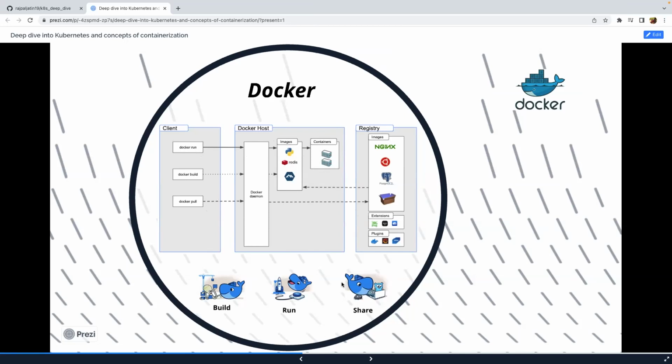And then let's talk about the share part as well. So we talked a bit about the portability as well. So once we have the application containerized, bundled, and a bundle is nothing but an image, to be very honest, so once you're able to create a bundle, you should be able to run it anywhere. We discussed it, right? How you're going to achieve it. Okay, so hear me out, this is how you're going to achieve it. So we have something called a registry. It's nothing but an image registry. Docker provides an image registry by default as Docker Hub. And it's not just Docker Hub, but there are multiple image registries like Artifactory and whatnot that are available.